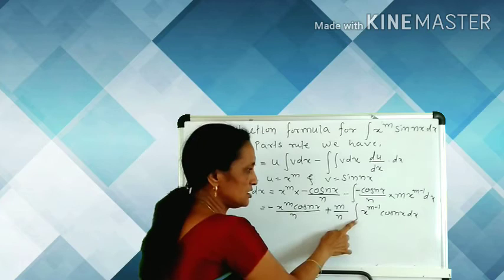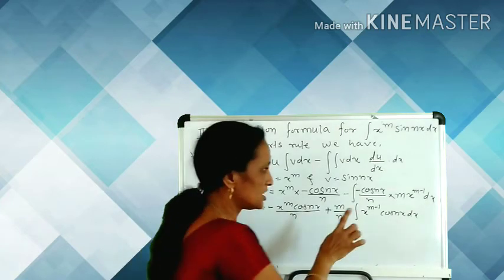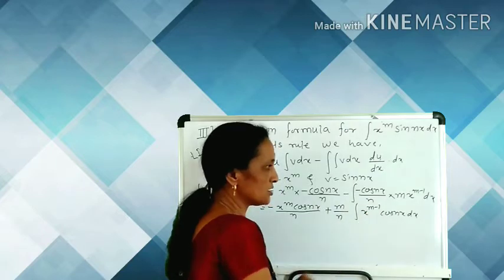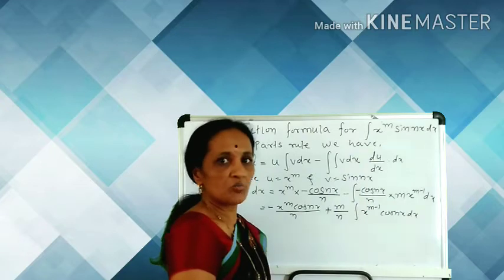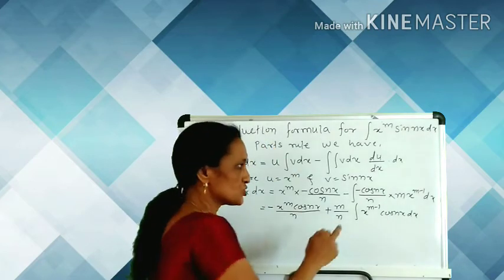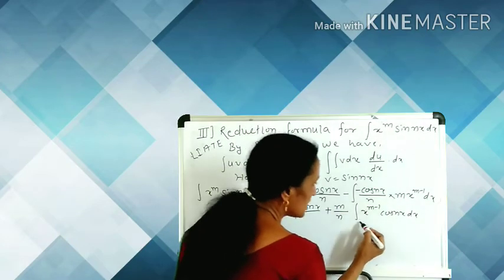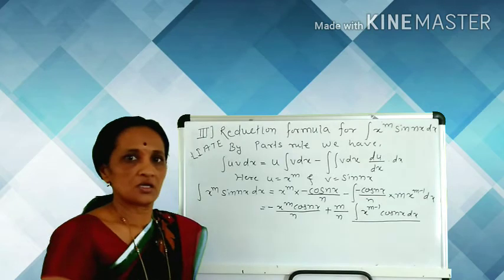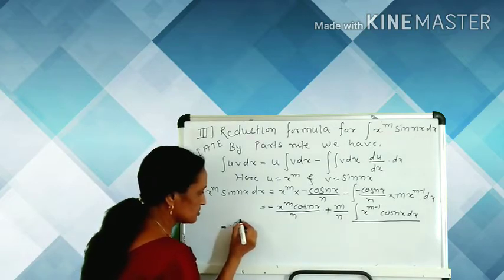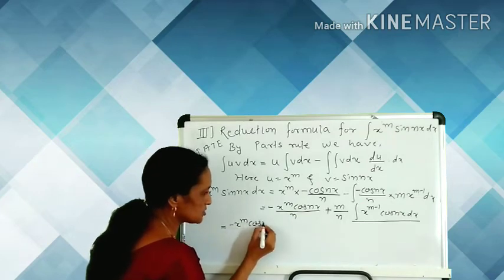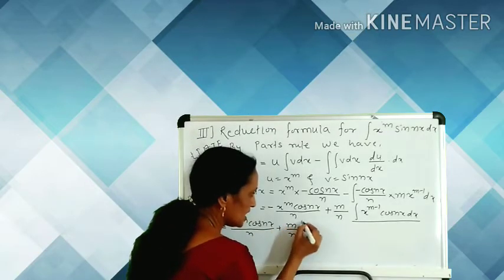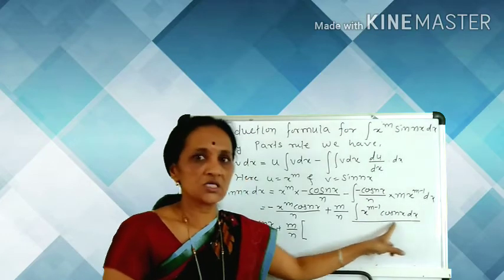Here in the integration present on the RHS, there is one algebraic and another trigonometric function, also the power is reduced here, but we have the sine trigonometric function, and in this integral the cosine function is present. So for this integral also we use the parts rule, and the choice is the same, means in this case your first term is the same, cos nx divided by n plus m by n is the same, and we use again the parts rule for this integral.